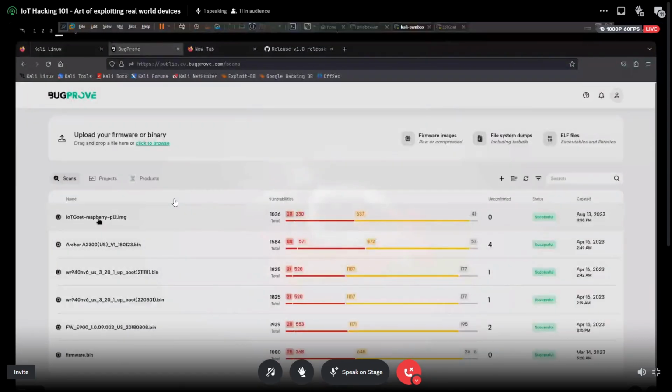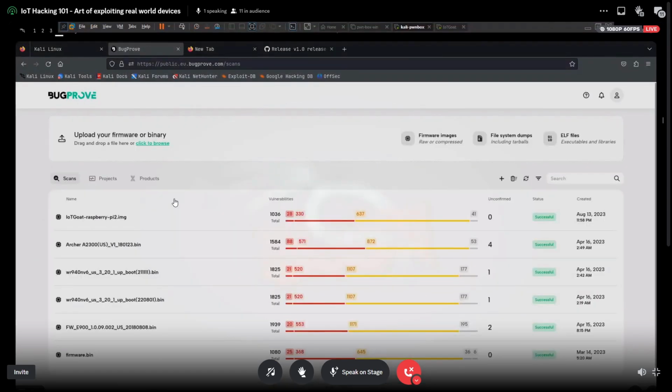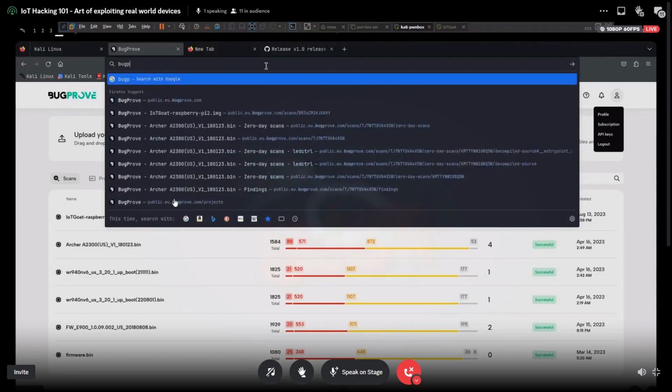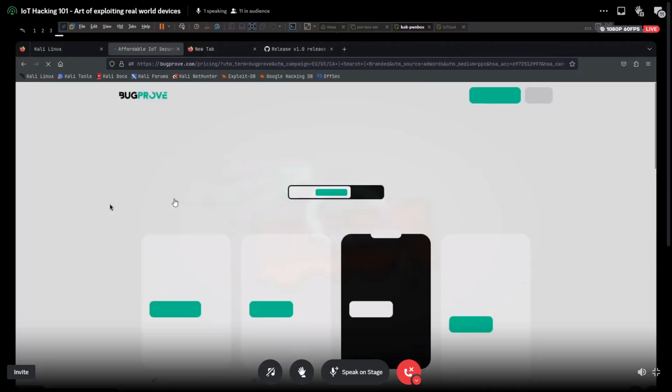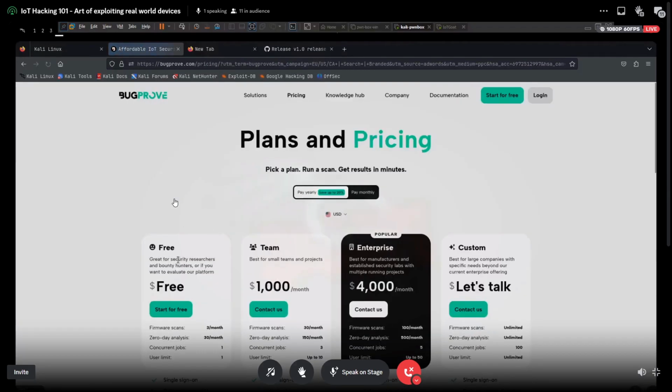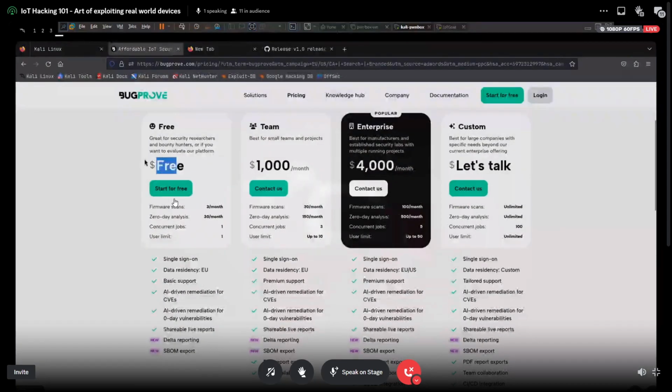But this whole BugProof is nice, and it is very cost effective. Let me pull up the pricing. I'm not saying go ahead and buy it. I'm again saying, not sponsored. But it's free. If you want to use it, it's free as well.